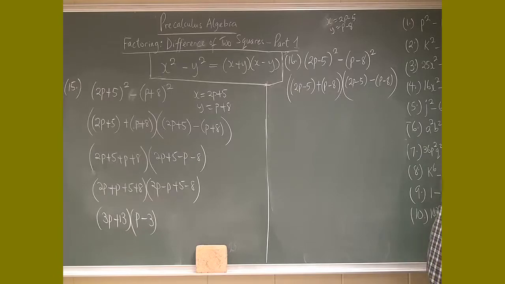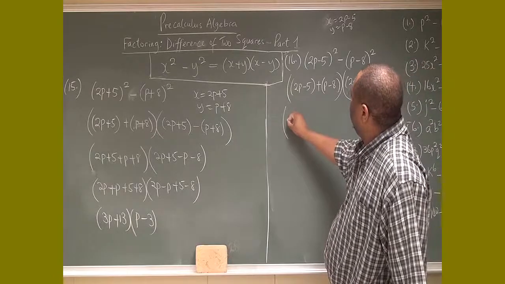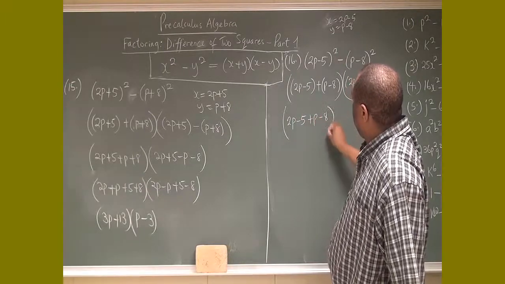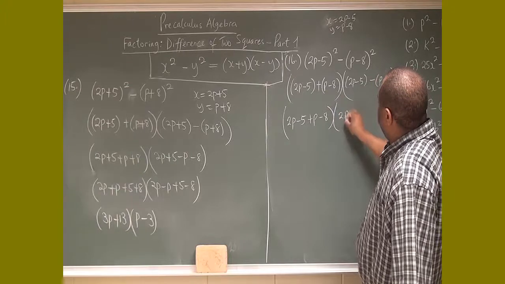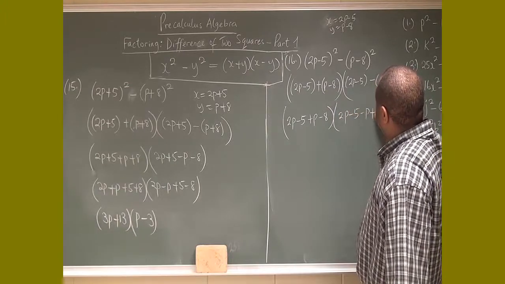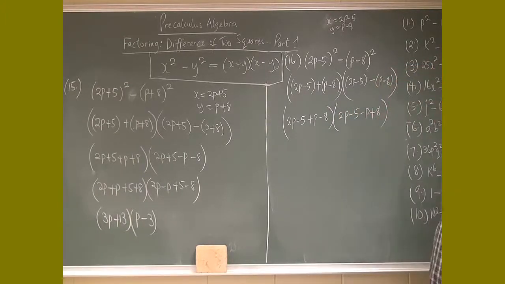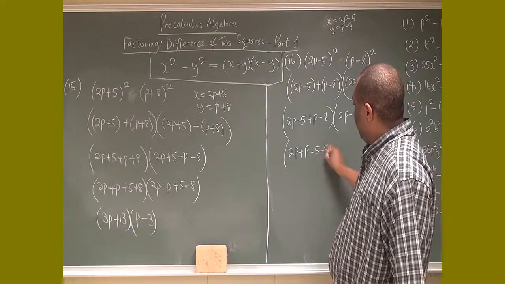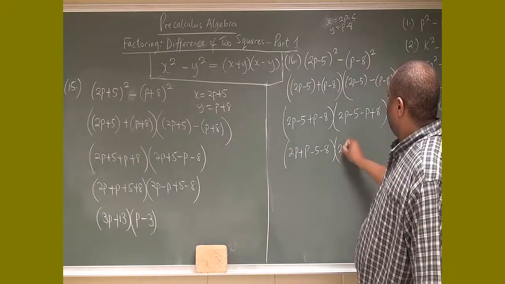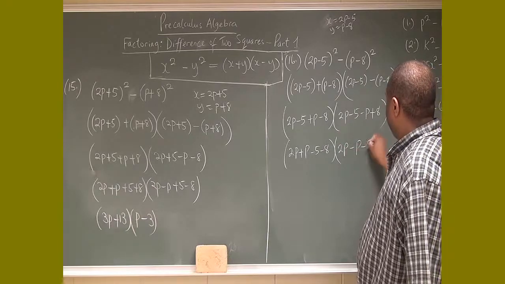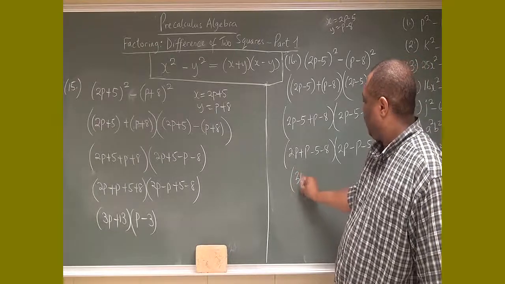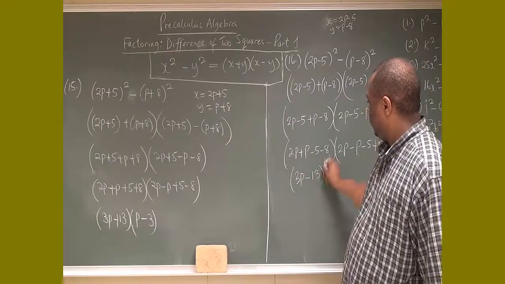So now we apply distributive property and expand it. 2p minus 5 plus p minus 8 times 2p minus 5 minus p plus 8. So this will be 2p plus p minus 5 minus 8 times 2p minus p minus 5 plus 8. And you now have 3p minus 13 times